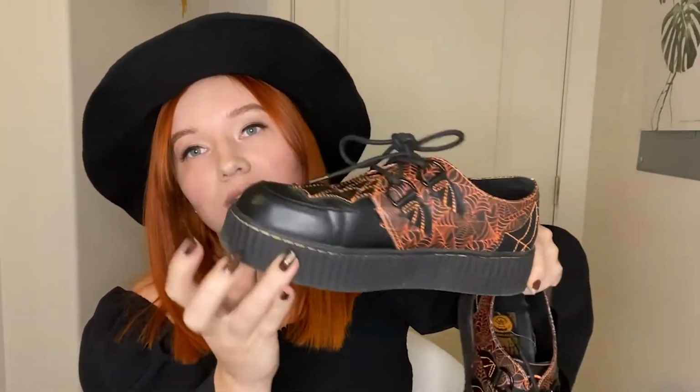It kept scraping against my ankles, so I had to wear taller socks. But honestly, not that big of a deal because then I just wore my Halloween socks. They matched and everyone could finally see those spooky socks I keep buying. So yeah, that was the first pair. And then funny story,